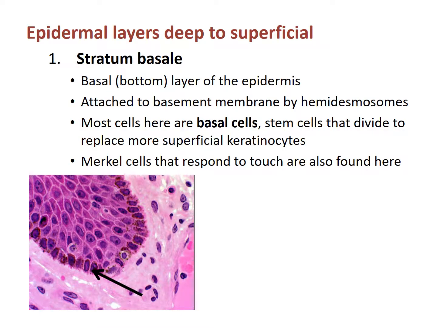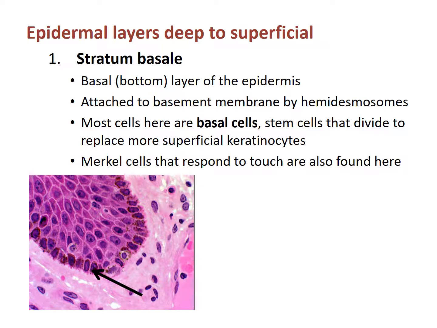We'll start with the deepest layer, next to the basal lamina. This is the stratum basale. It is the basal or bottom layer of the epidermis, and it is attached to the basement membrane by hemidesmosomes. Most of the cells here are basal or germinative cells, with scattered